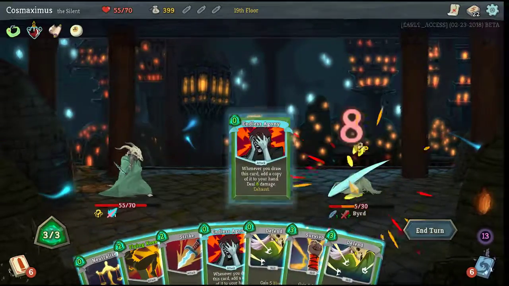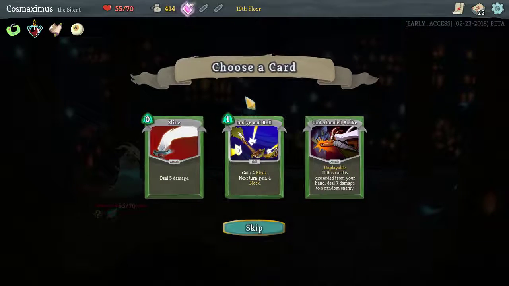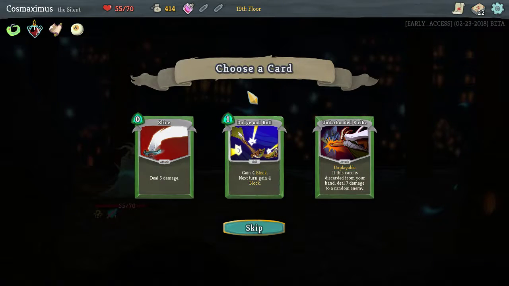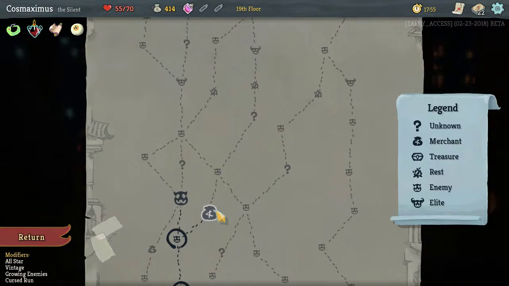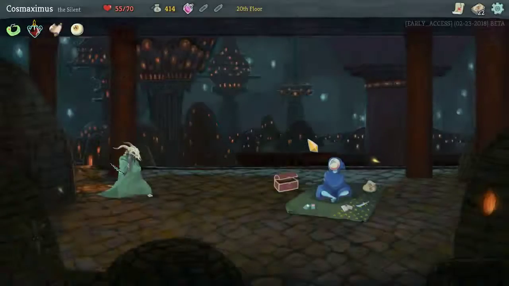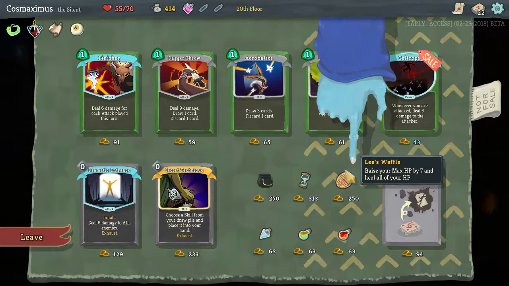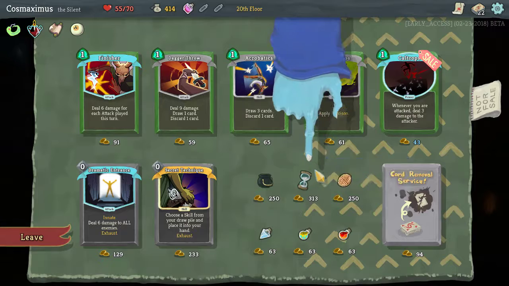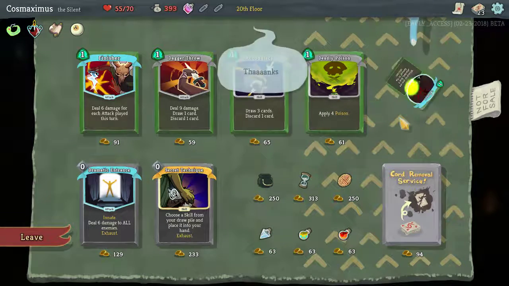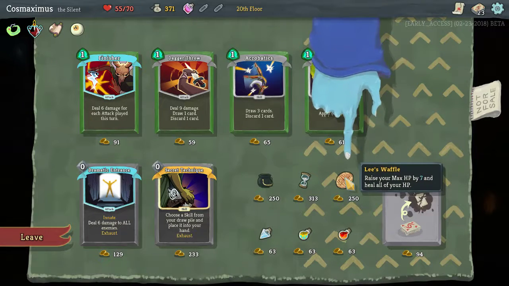Okay, this is excellent. Yeah, that battle actually did a lot more damage than I thought it was going to do. Now, I want to take Slice, but it doesn't fit our deck archetype, so we'll just move on. Oh, man. Waffle is good, but this is also very good, too. Well, first things first, this is my favorite card. I think I'm going to go...